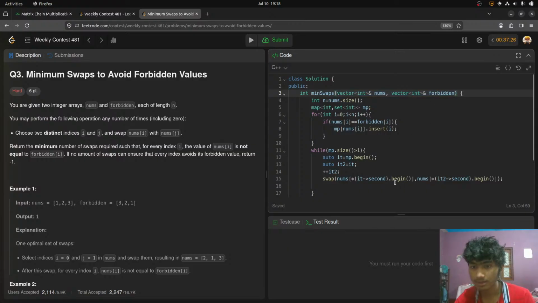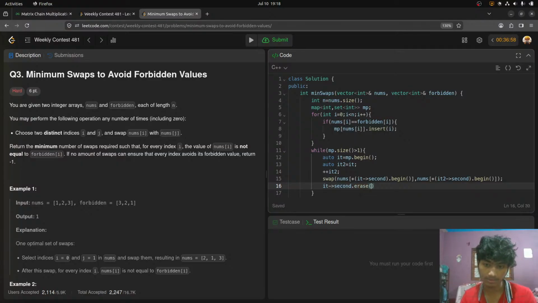I will delete those indexes from the set. So it star, right, it dot second will be the set, and what I'll do is erase